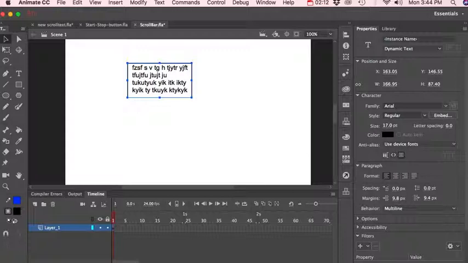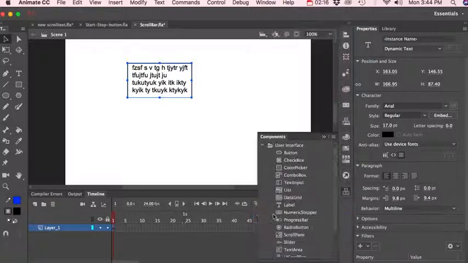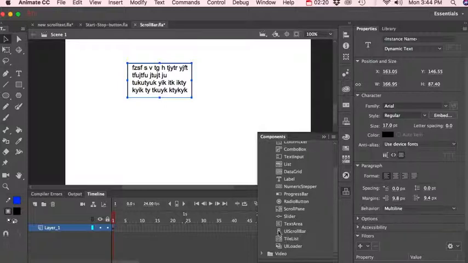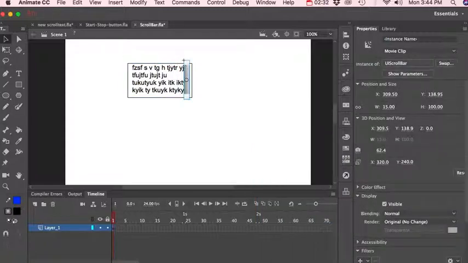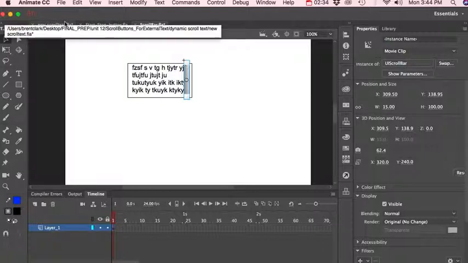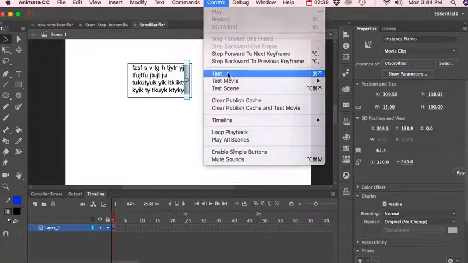Okay, now we will go into our window components, and let's scroll down here to the bottom where there's called a UI scroll bar, and we're going to click and drag and put that inside of our box. Okay, now let's do a control test,